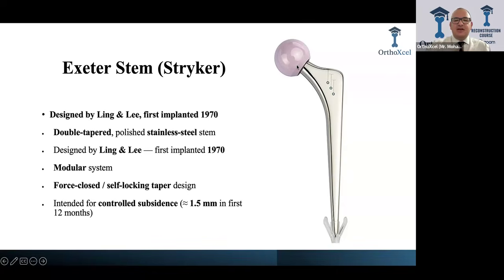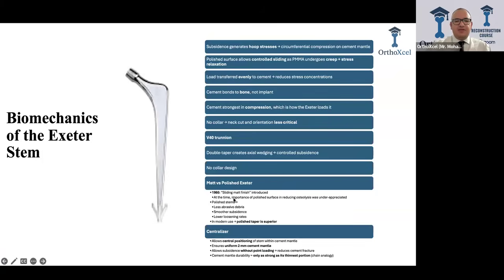To understand it, the whole thing is modular. You have a head, you have an adjustment in the neck, you have a trunnion, and a shoulder, then the implant, the tip, and the tip is attached to a centralizer. And I have a photo for it. Yes, so if we go through the Exeter again, we understand that the Exeter is fixed